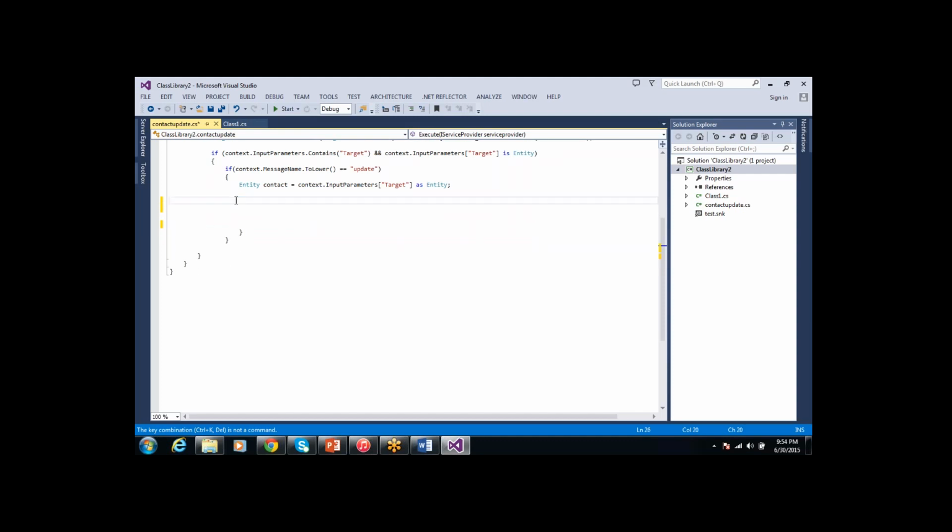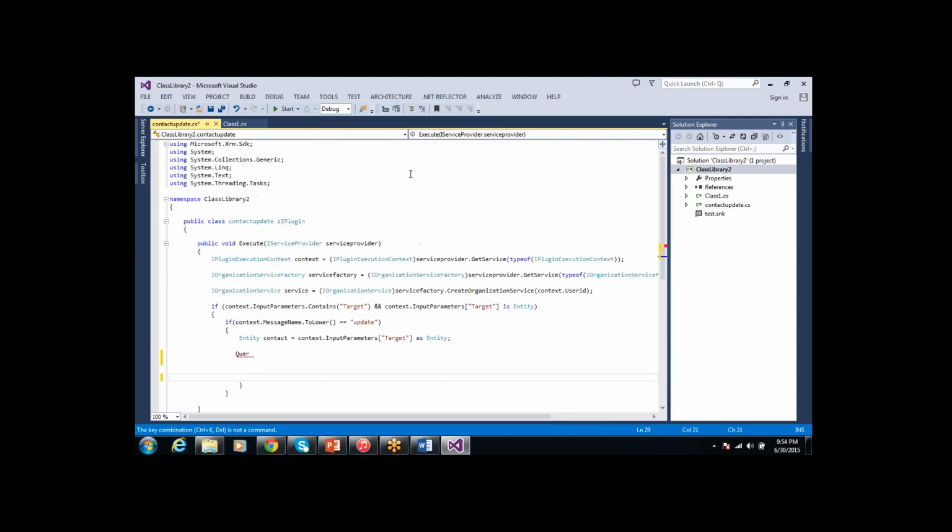So first we need to define the query expression. First we need to include the namespace: using Microsoft.Xrm.Sdk.Query. Okay, so first we need to include this namespace.